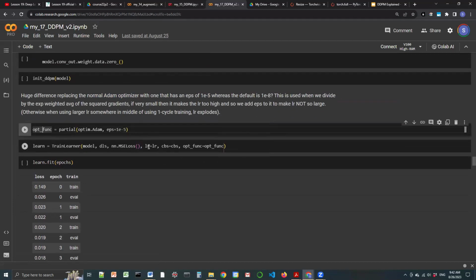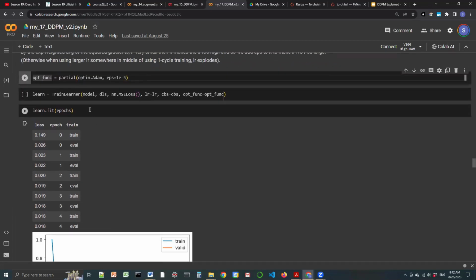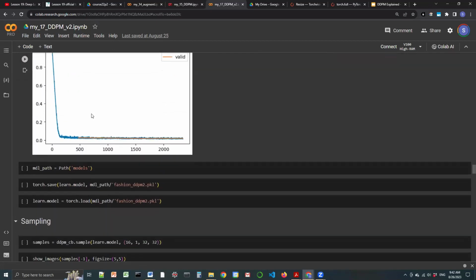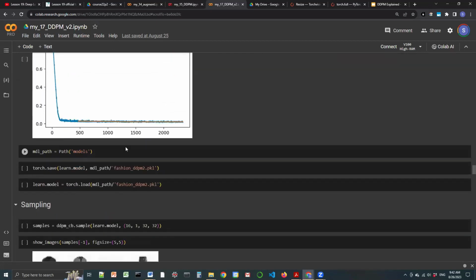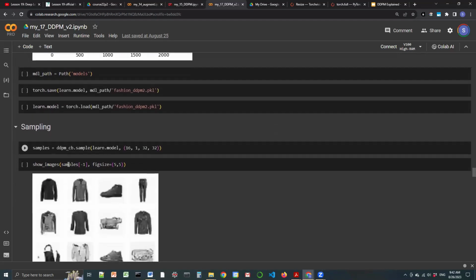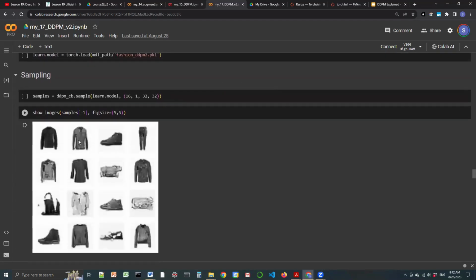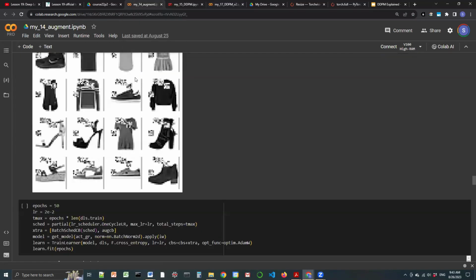And then he does the learner, trains the network and saves the model, and then goes through and samples and shows the images. And you can see that these are, I think, a lot better. I don't know how much, a lot is a very qualitative term, but still, if you look at,